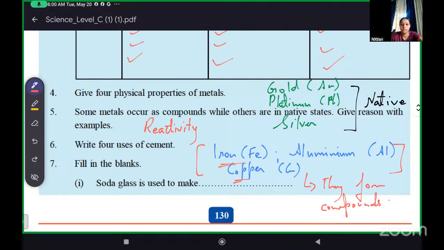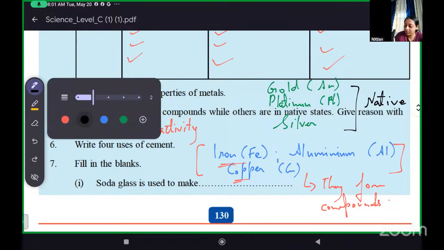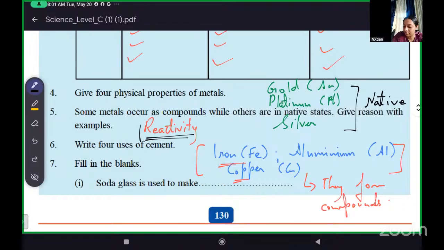So, more reactive metals tend to form compounds with oxygen, sulfur, or other elements. Why? Because they readily react with their surroundings. Whereas the least reactive metals exist in their native form. Why? Because they do not easily react with other elements. Understood how reactivity works, or how it depends on the reactivity of metals whether it will exist in its native nature or its compound form? Anna and Emma,